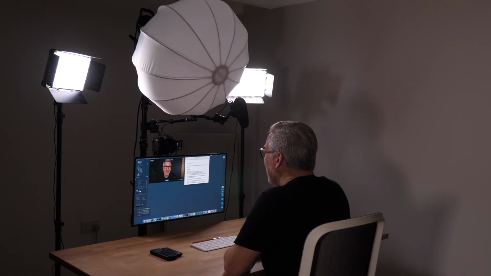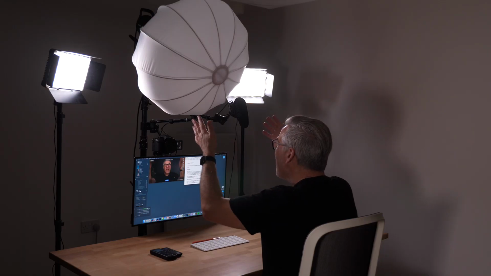But I have to say a couple of disadvantages really with these LED panels is firstly, the shadows that it creates like this for me as a glasses wearer. And if I lift my eyes up, they become quite strong. And they are a little bit intense shining down on me if they're too close into me like this. Now, I didn't really consider an alternative until last year, and I started dabbling with softboxes, and I've actually got a setup now where I've got this softbox sitting right above the camera,